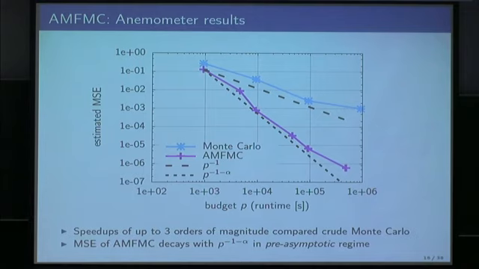And we also see something that I discussed a bit in the theory part, where I said the classical Monte Carlo rate for the mean squared error is p to the minus 1. For AMFMC, because the surrogate model is so cheap in the beginning, we achieve p to the minus 1 minus alpha. But again, I want to emphasize this is only in the beginning, and we will later see that, of course, in the end it will level off and become the standard Monte Carlo rate of p to the minus 1. But in the beginning, this is how we explain this behavior.